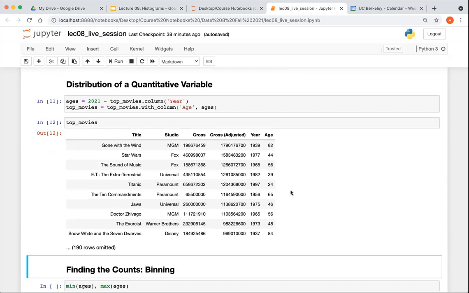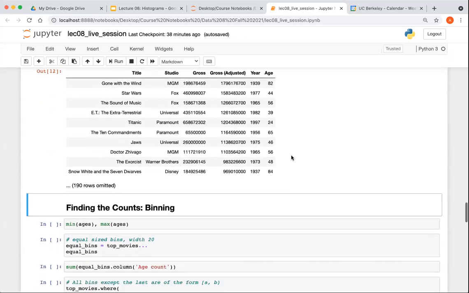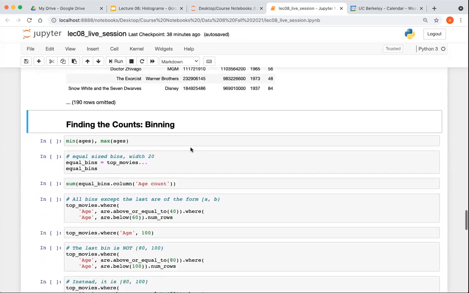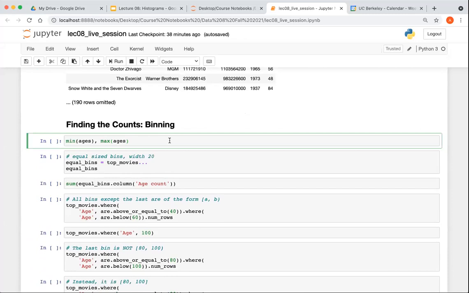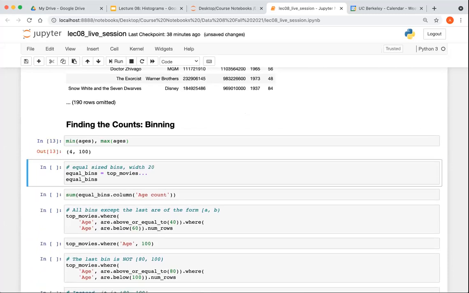So we are going to draw the distribution of the age column, and so I need to know how to bin the ages. A very standard first thing to do is to look at the range, min and max. Okay, so the most recent one was 4 years old in my data set. It's a 2017 data set, I think. And the oldest one was 100 years old. So I'm going to start somewhere.